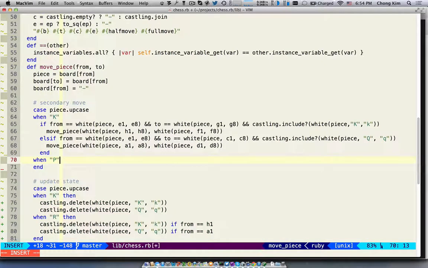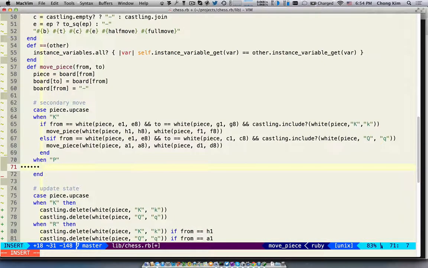When it's a pawn, and if the original piece, so it's a pawn, goes to the en passant square, so you're going to the en passant square,